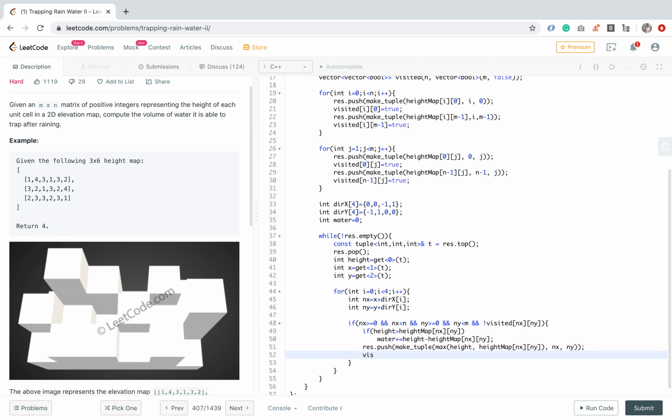And we will also mark it as visited, so that we should not visit it next time. Now it is finished, so we will just return the water variable.